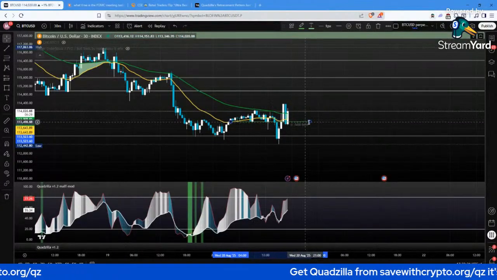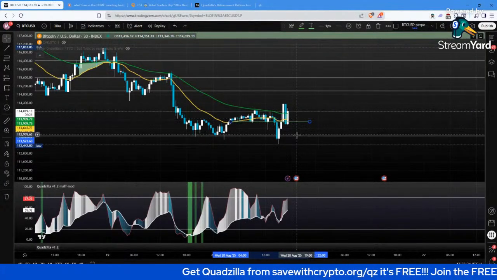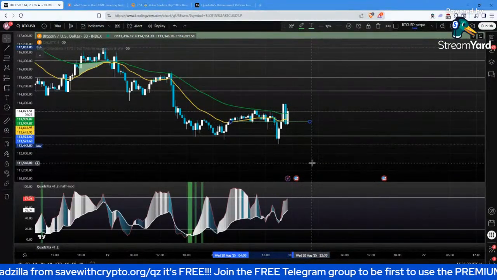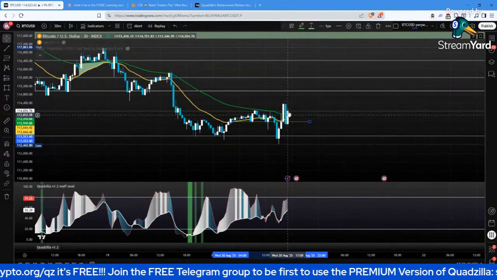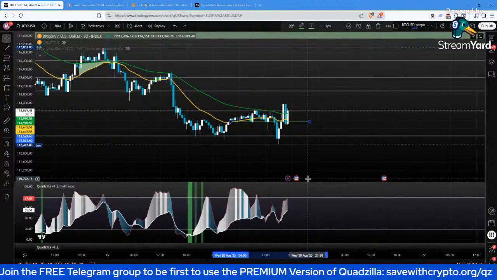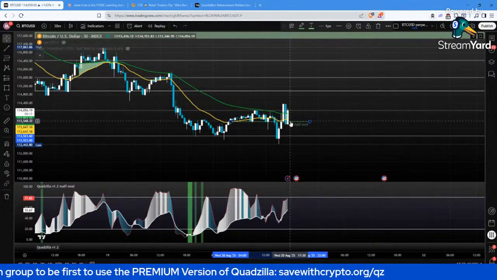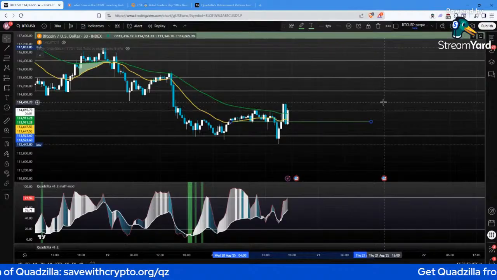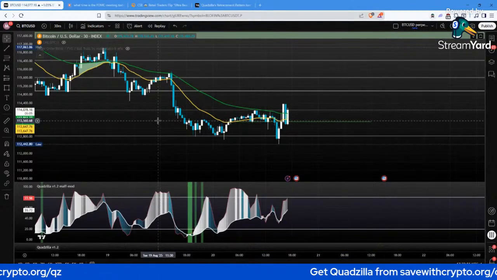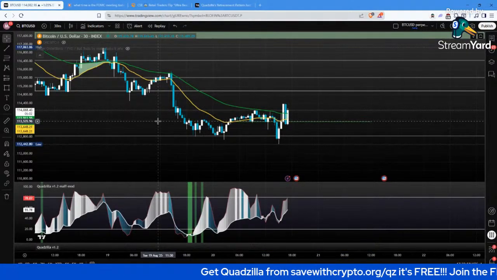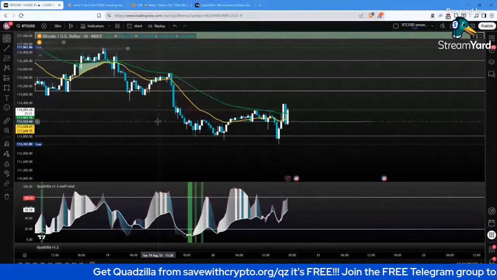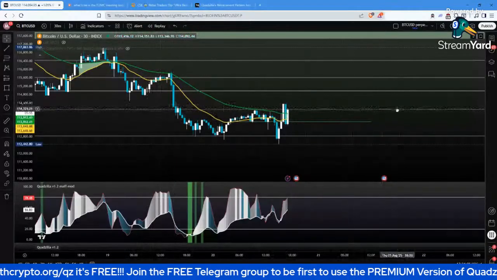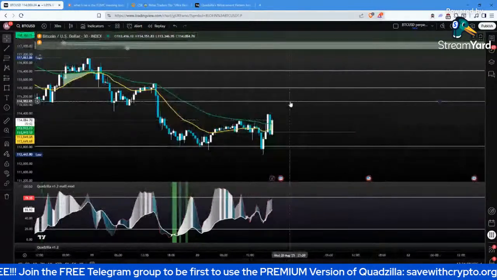There's a fairly dodgy support line drawn in there now, but it seems to want to stay above that line. Obviously it dipped down briefly, but came up again pretty quickly. I think if it comes back down, that might actually remain as a support line, which is at around 113,500. So if it breaks above there,